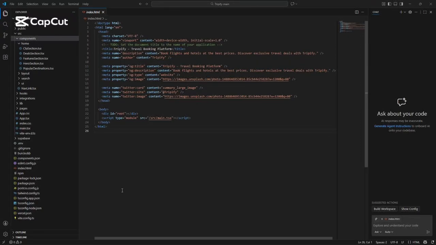Now I'm going to explain the code and the architecture behind my website called Tripify. Tripify is a modern travel booking and planning platform built using React, TypeScript, Tailwind CSS, and external travel APIs, the application programming interface. The goal of the project is to create a clean, scalable, and user-friendly system for booking flights, hotels, and viewing